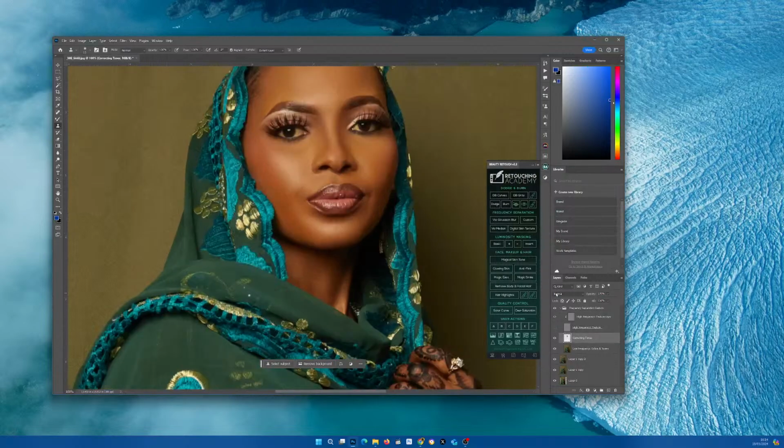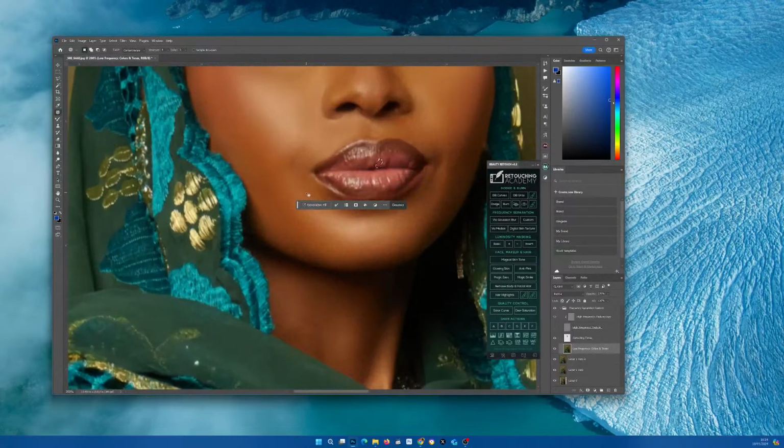Then let me go back to the leaves here. I'll select the patch tool. Then while selecting the low frequency colors and tones, I'll simply click here and I'll select the area out. I'll simply mark out the area like that. So the next thing to do is to make sure that